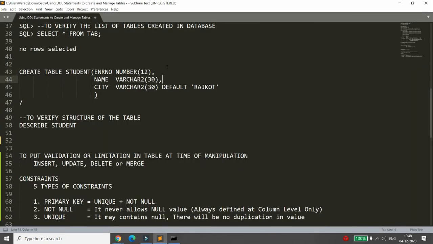Now I want to create the table again, but you all know I want to define primary key over here. Enrollment number is primary key. Why? Because enrollment number can never become null, as well as enrollment number can never contain a duplicate value. I want to define the not null over here. Why? Because the name must be there for each and every student. I don't want to define any constraint in city, because if the city is not defined,